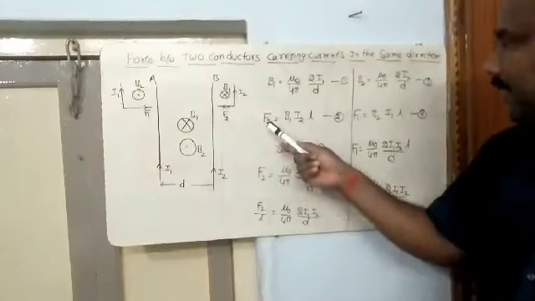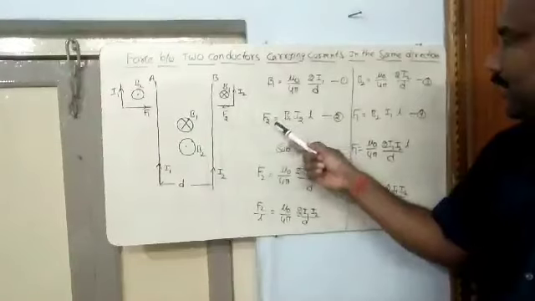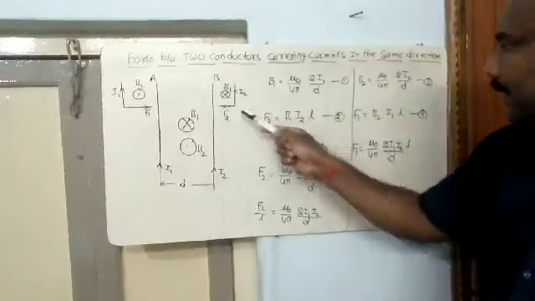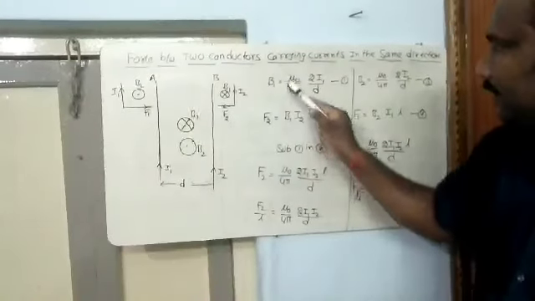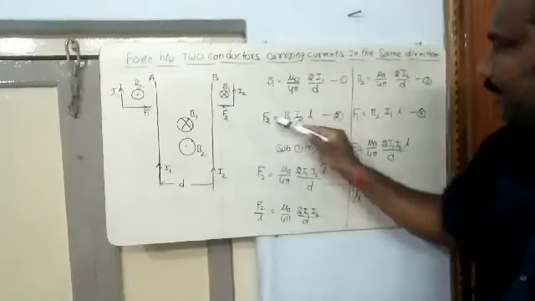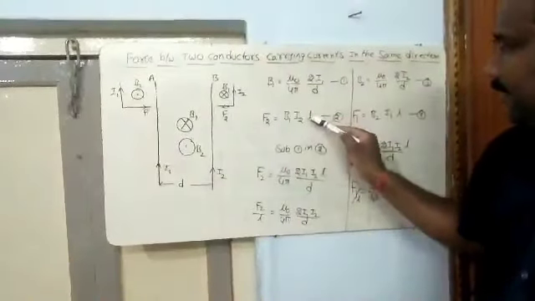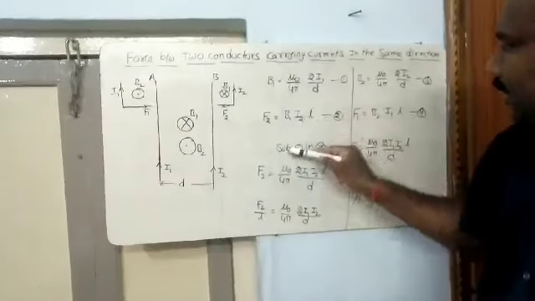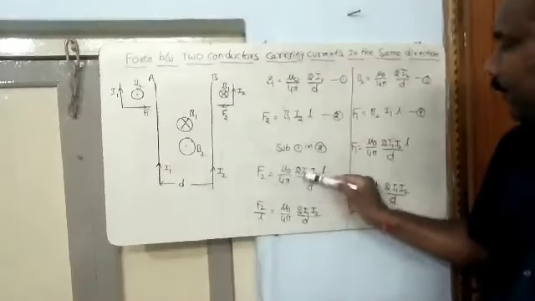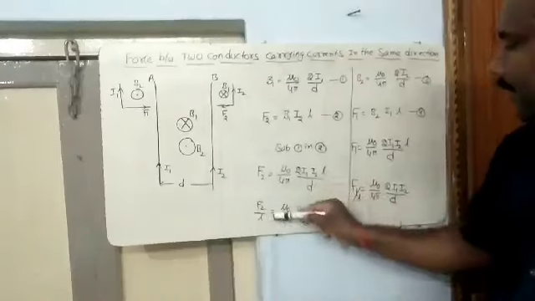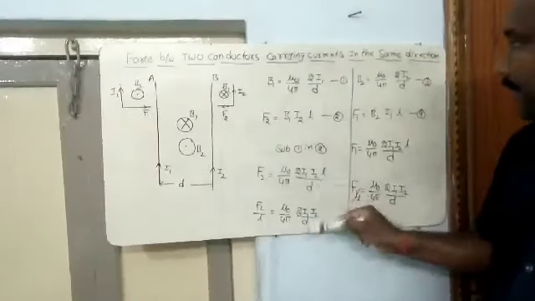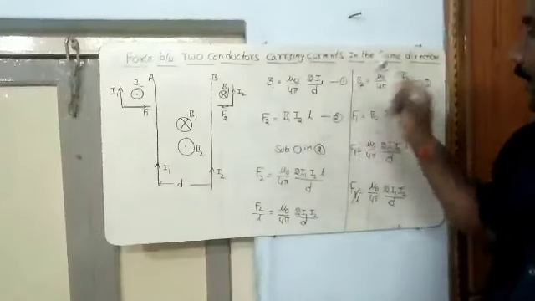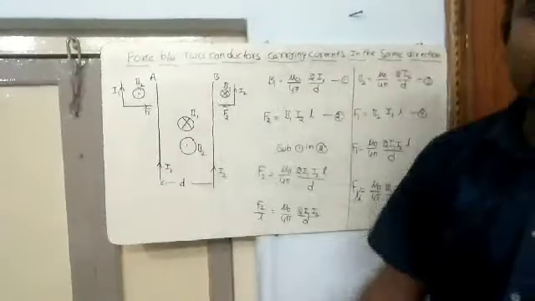What is the force? We already know the equation, F is equal to BIL sin theta. Here F2 is equal to, because of B1 only, it experiences a force. So in place of B, I am using B1, the current is I2 and length L. Later I substitute this equation here. I got F2 is equal to mu naught by 4 pi into 2 I1 I2 by D times L, and finally force per unit length is equal to mu naught by 4 pi into 2 I1 I2 by D. And similarly, you can find similar equations for conductor 1.